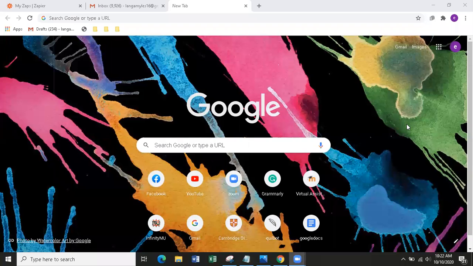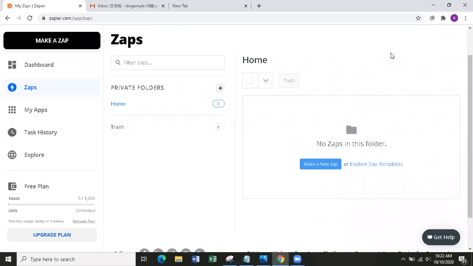Hi, I'm gonna show you another type of automation called Zapier. This application could also be very helpful for your businesses or tasks online, and it has the same function as IFTTT. Since I just logged in with my Zap, I can directly go with Zap.